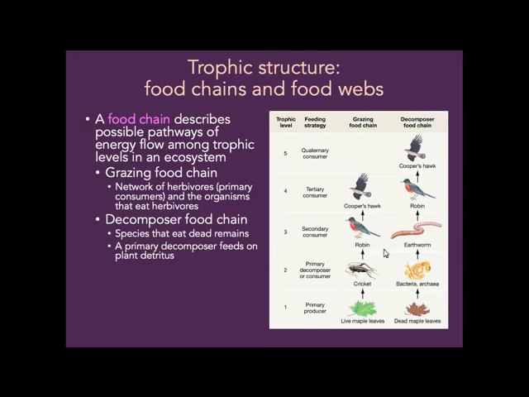Okay, so let's talk about trophic structure. We will talk about food chains a little bit. Those are the possible pathways that energy flows between the different trophic levels in an ecosystem. And you can have a bunch of different food chains in the same ecosystem. For example, you can have a grazing food chain where you have live maple leaves that get fed upon by, well, your book says a cricket, which gets eaten by a robin, which gets eaten by a Cooper's